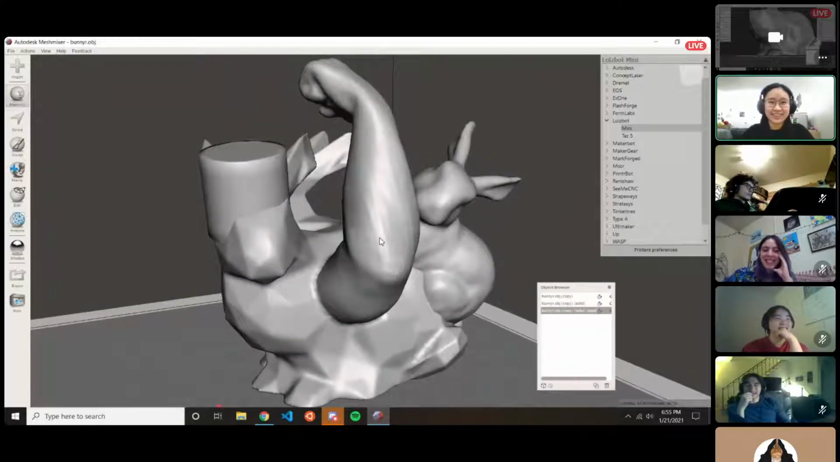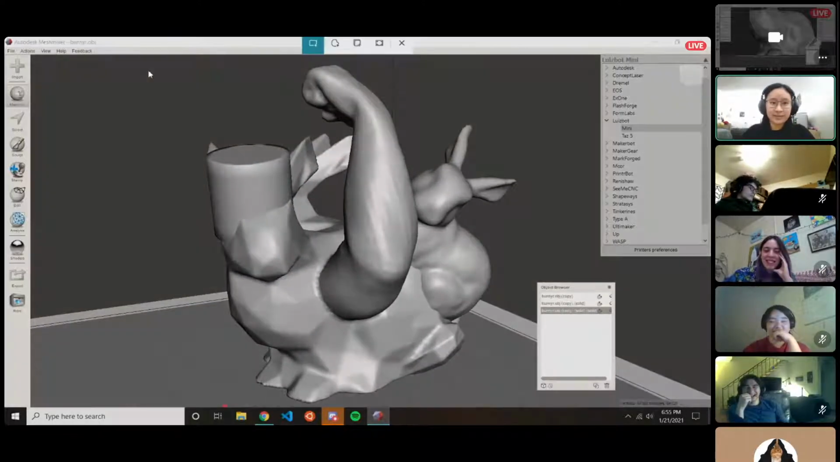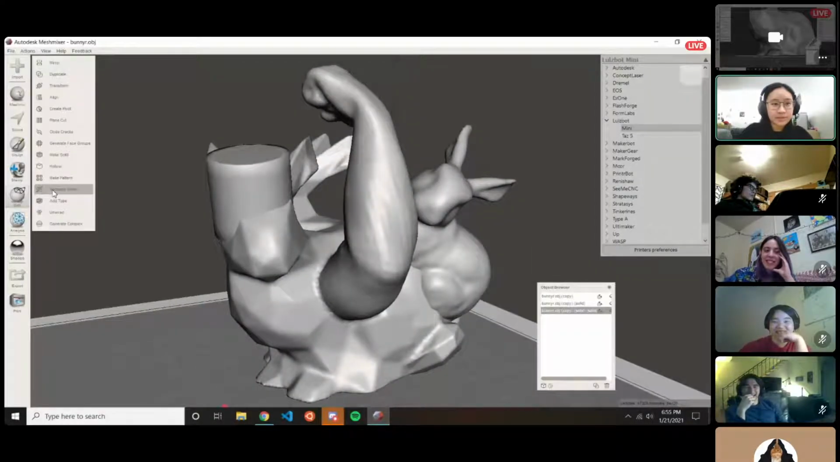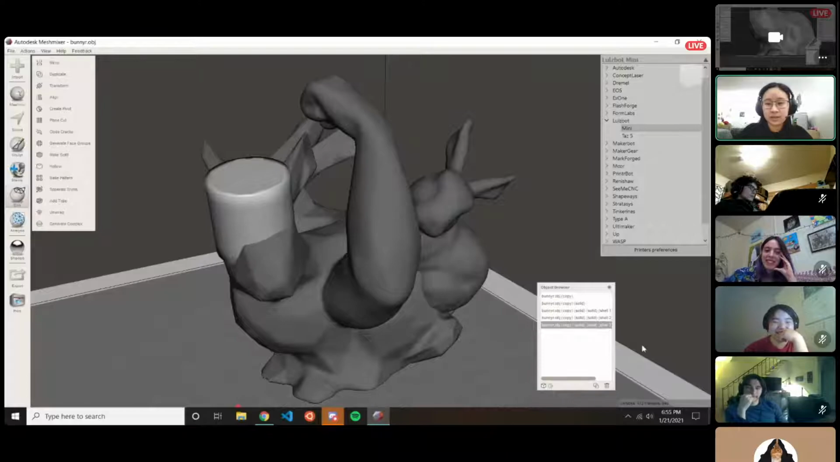Yeah, this is excellent. I'm going to take a screenshot of this. I'm saving this. There's also something called separate shells, which lets you, if you have two 3D models